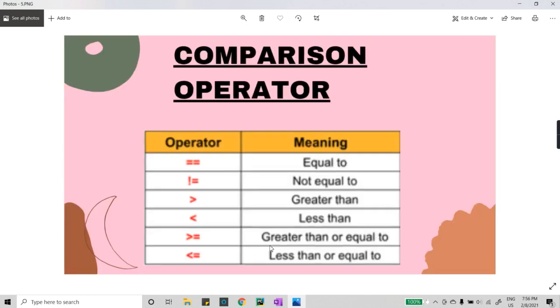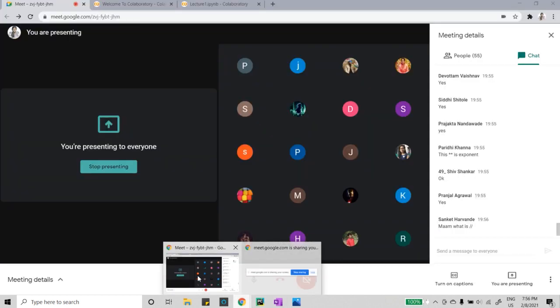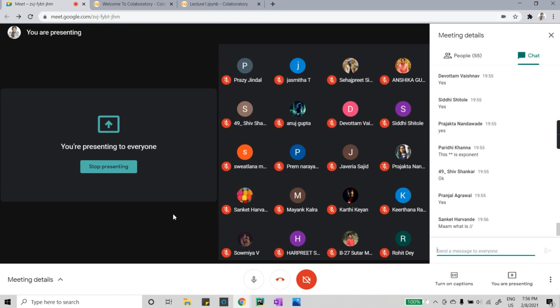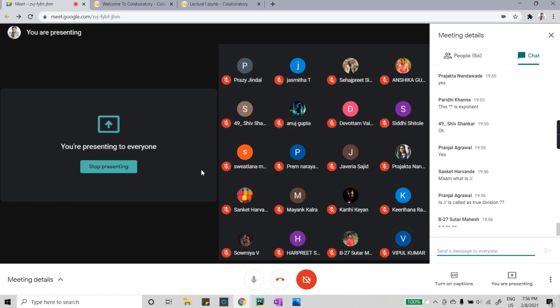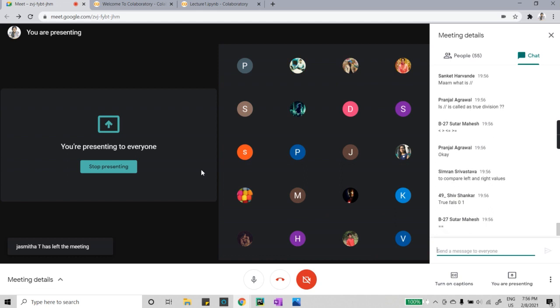Now, our third topic, the third operator, is the comparison operator. Just quickly let me know, what are comparison operators, and what do you understand by comparison? For example, less than, greater than, less than or equal to, greater than or equal to, equal equal. They compare left and right values and give true or false.